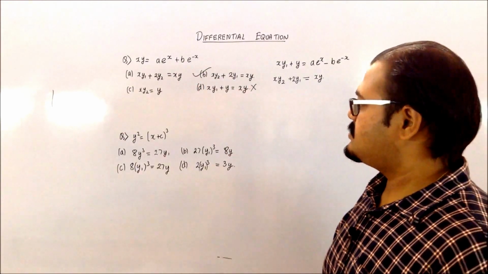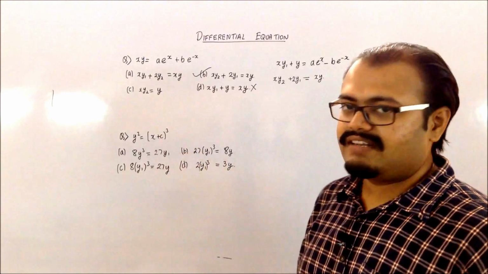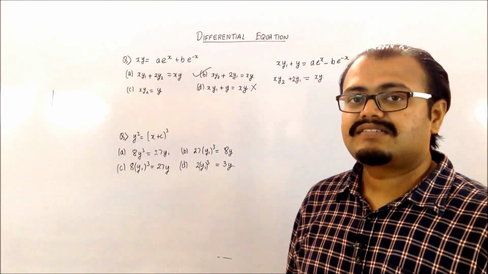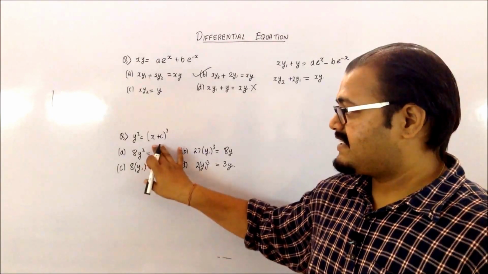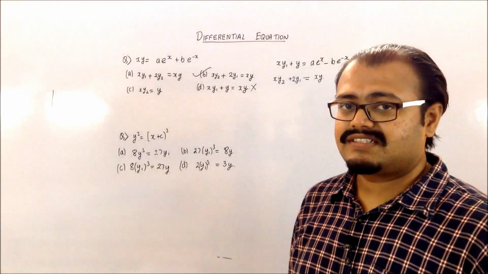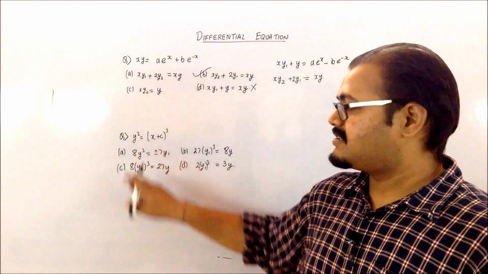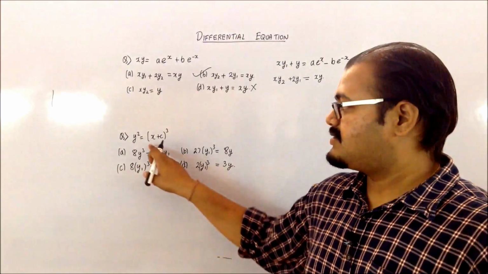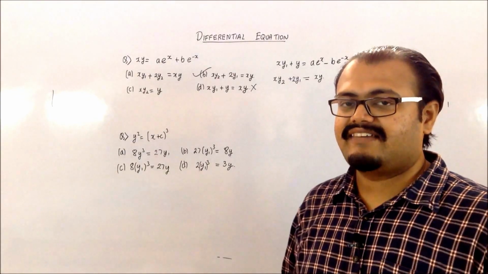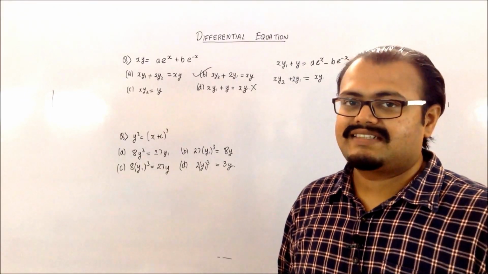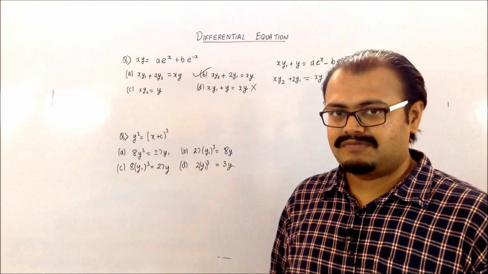Next, coming to this equation, you can see that there is only one arbitrary constant, so you have to differentiate only once. If you directly differentiate this particular equation, you will get 2y1 equal to 3 into x plus c the whole square. So you are still having that c, and you would have to substitute and do all that.